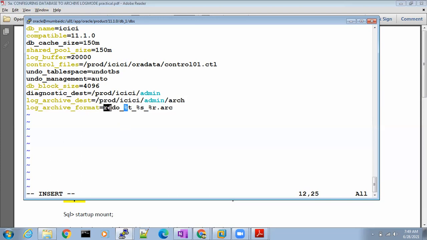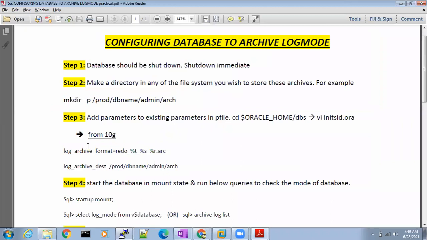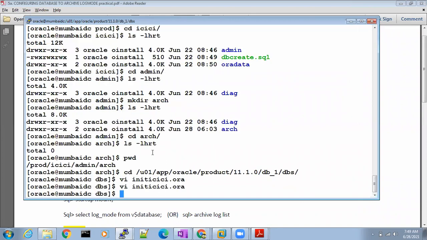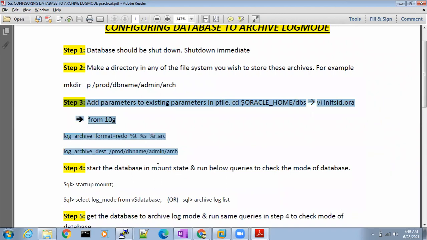Second, the format in which you need to generate the archives. Just save it. This is completed. You can check. Step number 3 is done. We have added two database parameters.